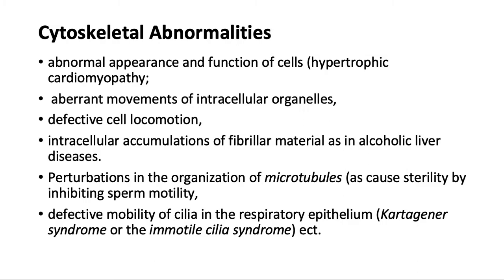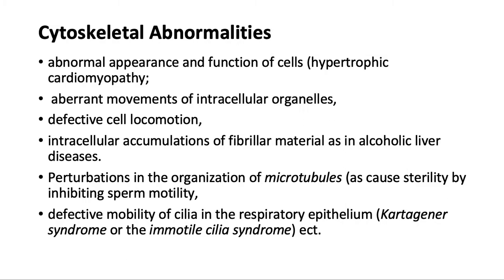cell polarity distinguishing up and down, transmission of cell-to-cell and cell-to-extracellular matrix signals to the nucleus, maintenance of mechanical strength for tissue integrity, cell mobility, and phagocytosis. Therefore, cytoskeletal abnormalities might lead to abnormal appearance and function of cells, including hypertrophic cardiomyopathy, aberrant movements of intracellular organelles,